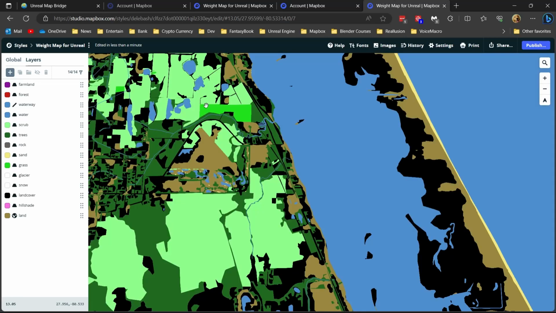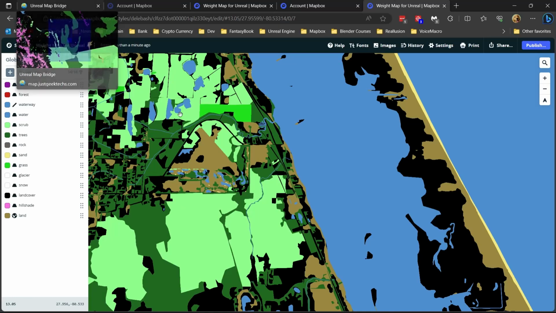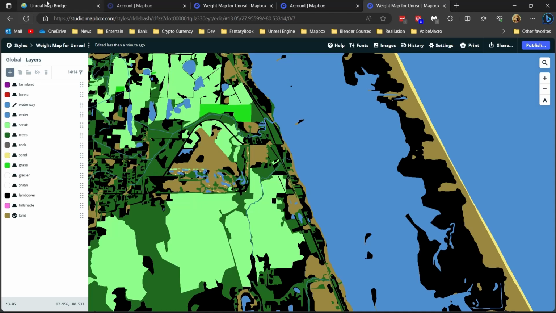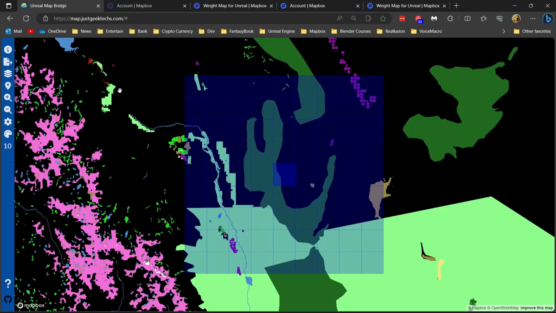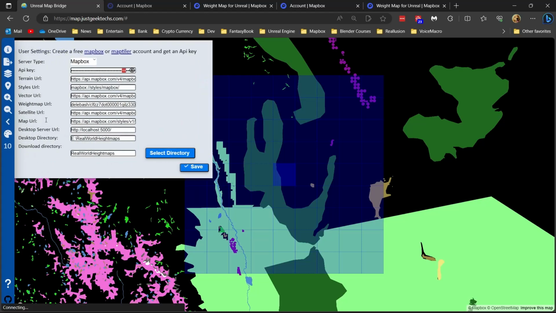Hey, I also wanted to show you how I created this map. One thing: any map you create in Mapbox, you can create heat maps, all sorts of things. You can just go through Mapbox examples and it'll show you all sorts of different maps. So any map you create in this, if you just paste the style into